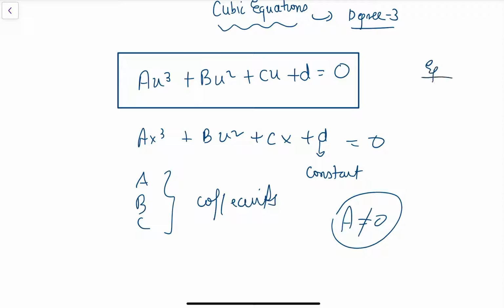I'll give you an example. Suppose I write x cube plus 5 is equal to 0. This is a cubic equation. My x cube exists. These two terms are absent, but that doesn't matter. I just need an x cube term. The x and x square terms, if present, are in the general form. If not there, then we'll assume that they are 0. That's not a problem. So this is your cubic equation in the general form.